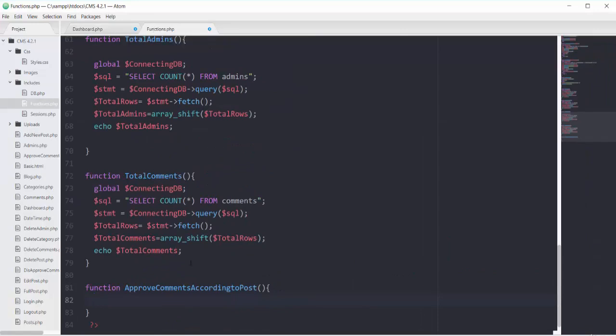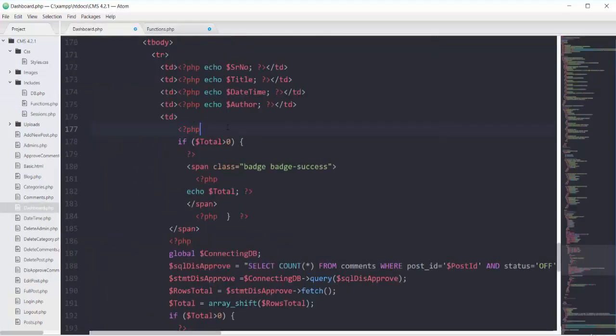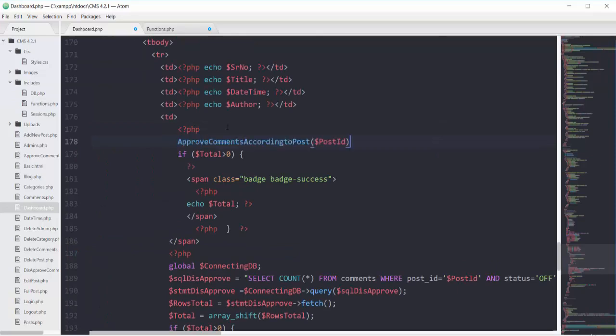and put it here. So you can see this one needs a post ID, so we have to send that post ID from here. So I can copy this function name from here, and right here I can put it like this.